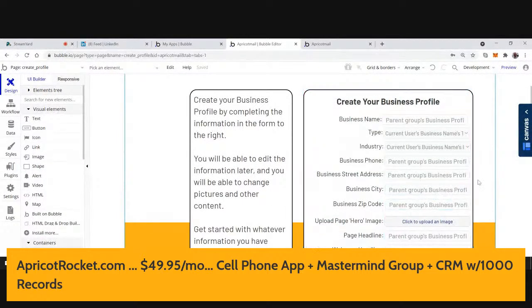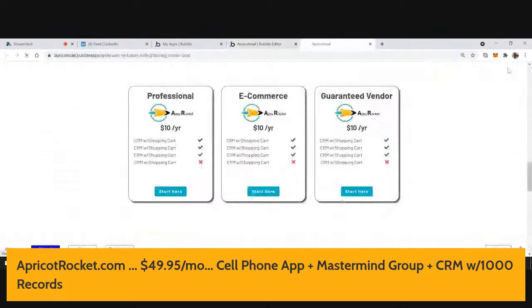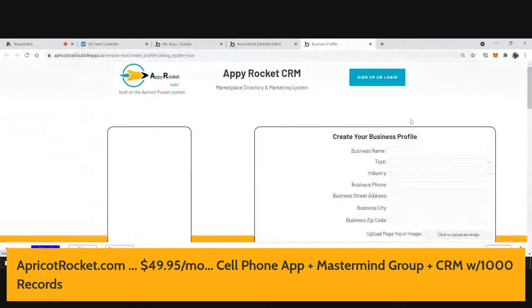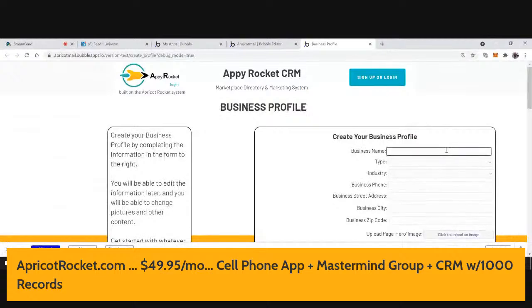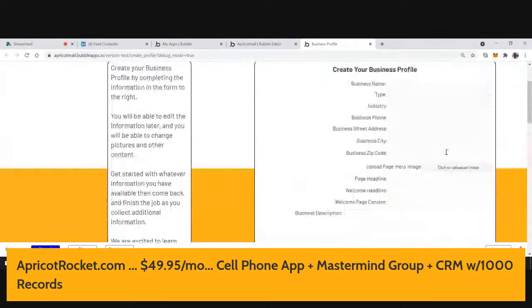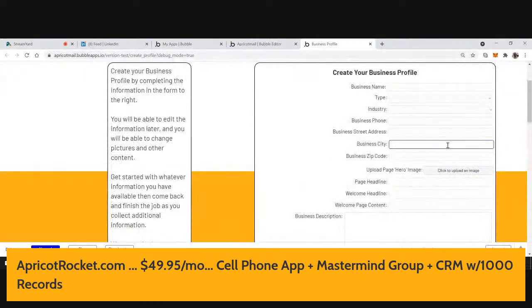So what I've done on this page, I'm just going to go ahead and click preview so that you can see what that page looks like. And so here is what the page looks like. There's a big form on the left-hand side that collects a lot of information. And so what I'm going to do now is recreate that form, or at least a portion of it, and show you how you would use that form to collect information.